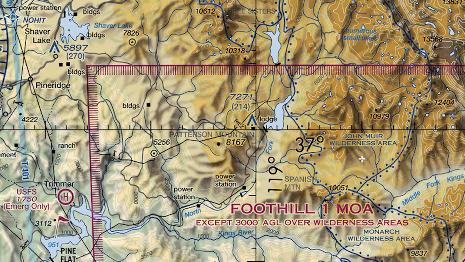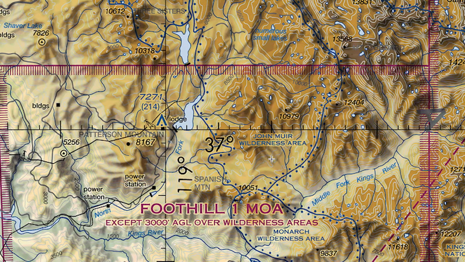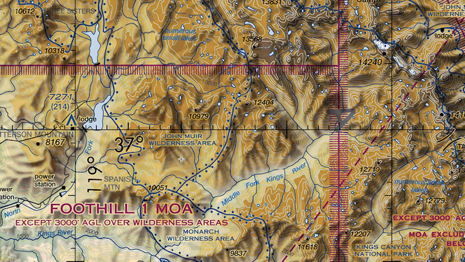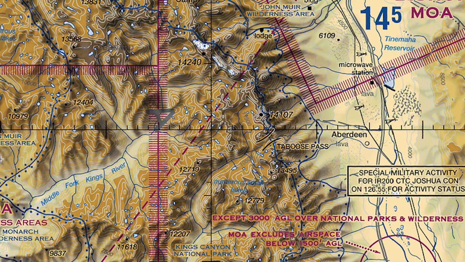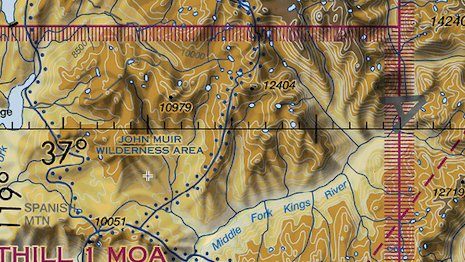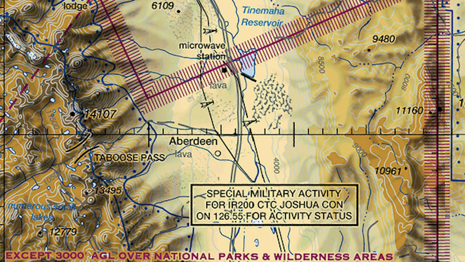Let's talk about some key elements of topography on VFR charts. There's something called contour lines. The whole purpose of a contour line on a VFR chart is to represent lines of equal elevation. They show the shape and elevation of terrain, helping pilots understand the height of mountains, valleys, and other landforms. Closely spaced contour lines indicate steep terrain, such as mountains or cliffs, while widely spaced lines indicate a flatter, more